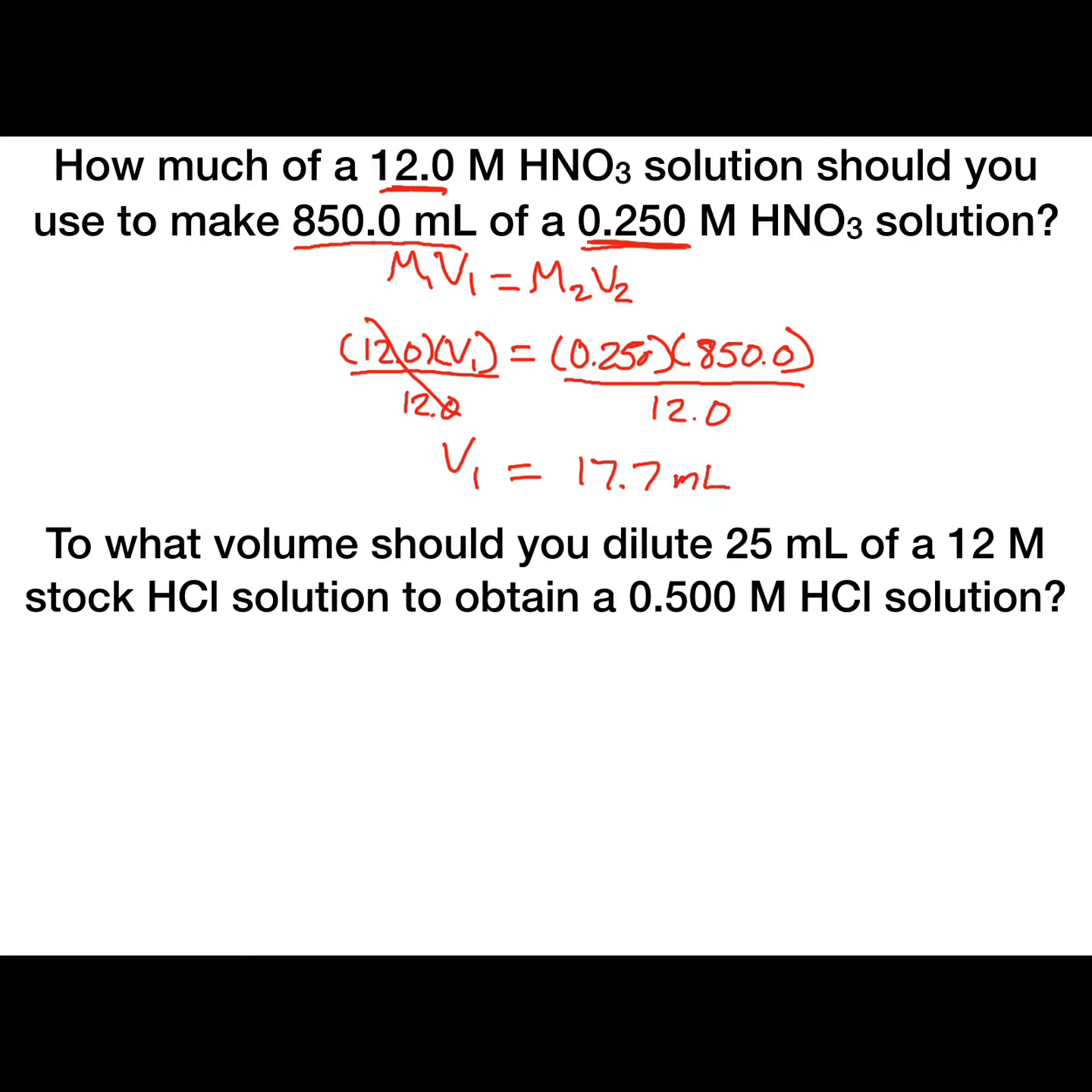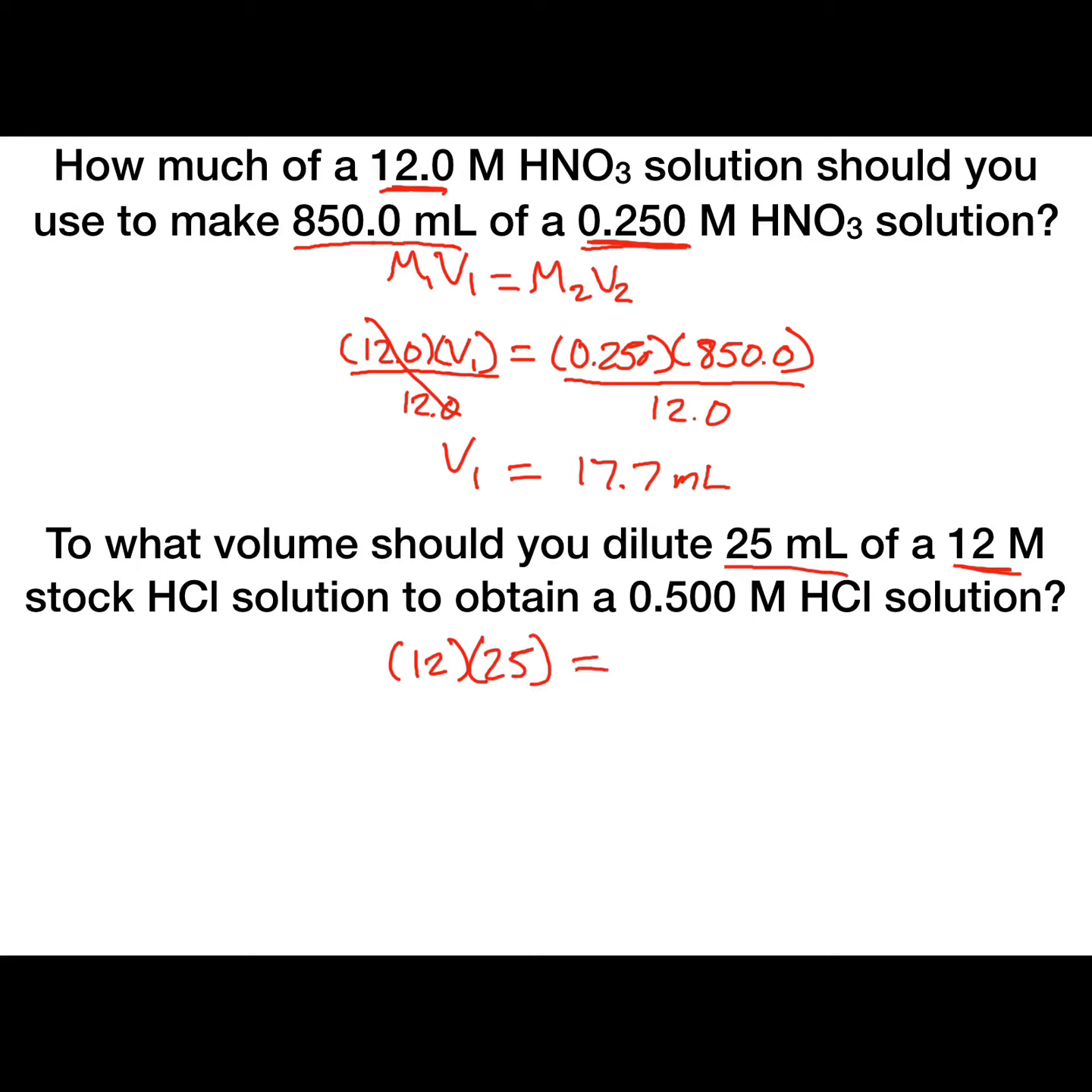milliliters. Our next problem is, to what volume should you dilute 25 mLs of a 12 molarity stock HCl solution to obtain a 0.500 molarity HCl solution? So we're using the same equation, the solution dilution equation, M1V1 equals M2V2. So in this case, we have M1, which is our 12 molarity here. So we have 12 times V1, which is going to be our 25 mLs here,